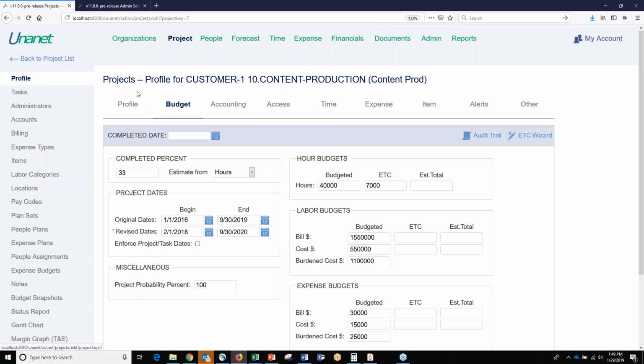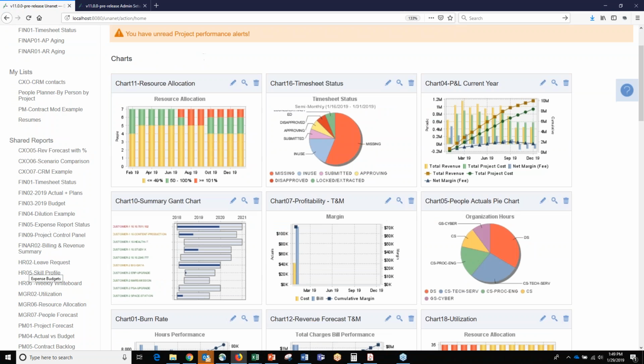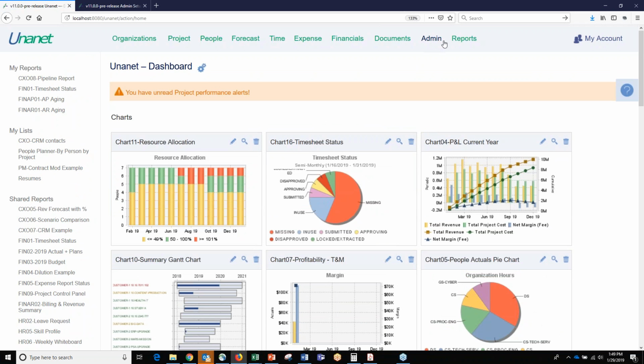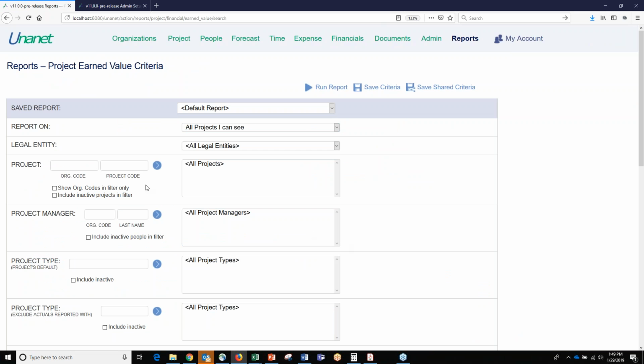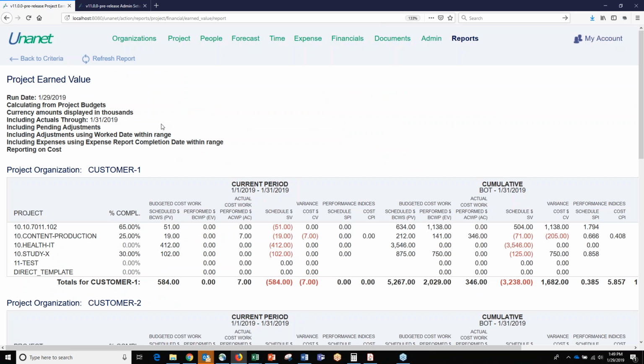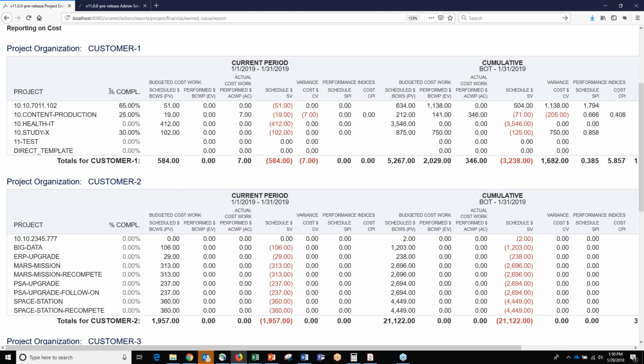All right. So if we have that percent complete in Unanet, then we can look at a report that shows earned value. If we just run this for a few projects, basically what this is showing you is by project, the percent complete of each project, and for the current period and for the life of the project, this is what we've planned to do.